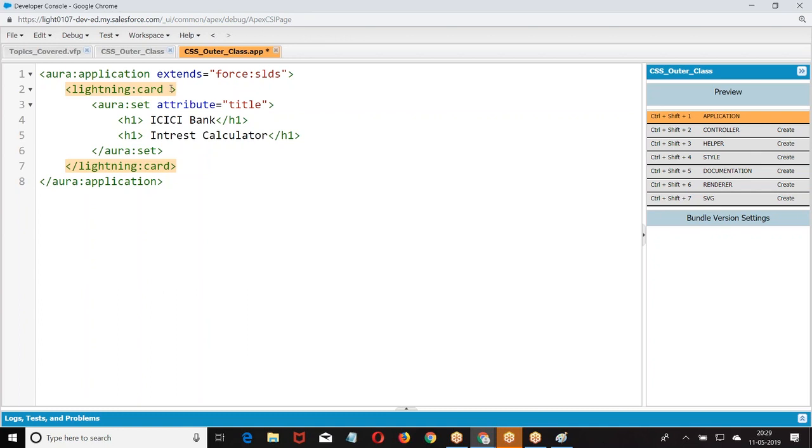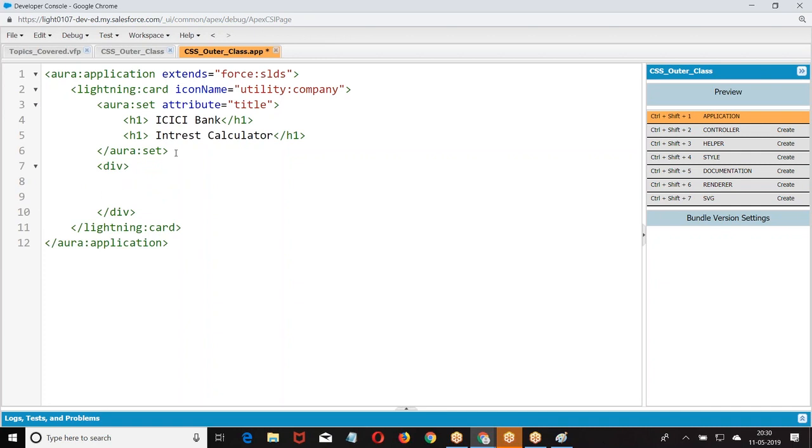Now, basic structure I take. Now within this, I was trying to take lightning card. Look at the point. Div.